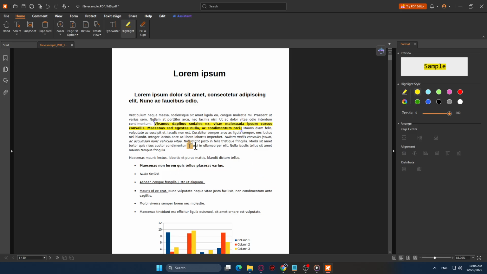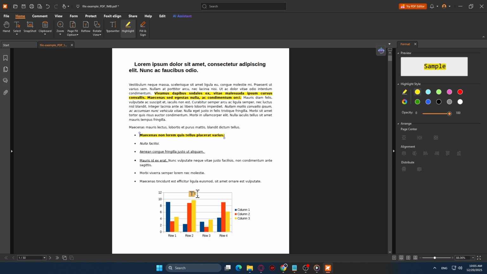If you have more to mark, keep the tool active and repeat the same click and drag motion on any other sentences or paragraphs. If you ever highlight the wrong part, press Ctrl+Z to undo or select the highlight and